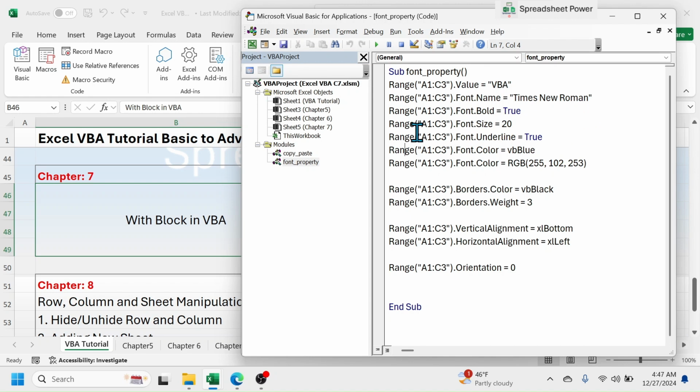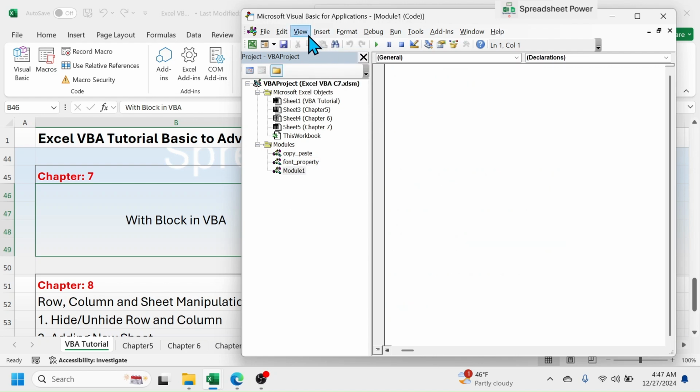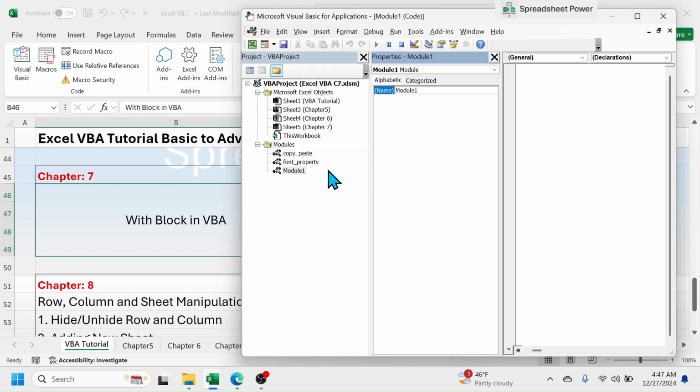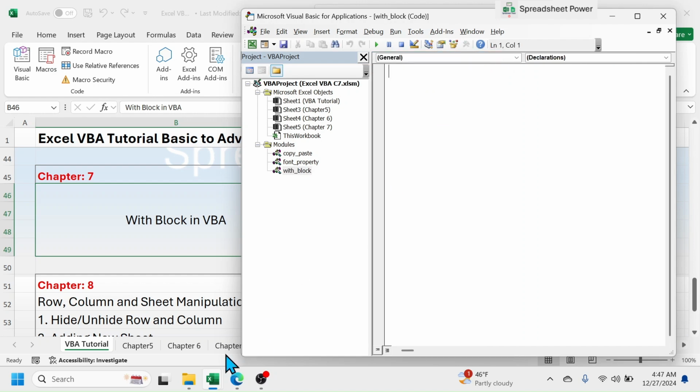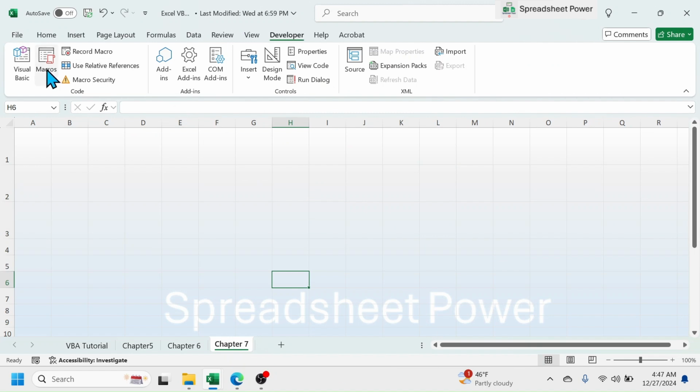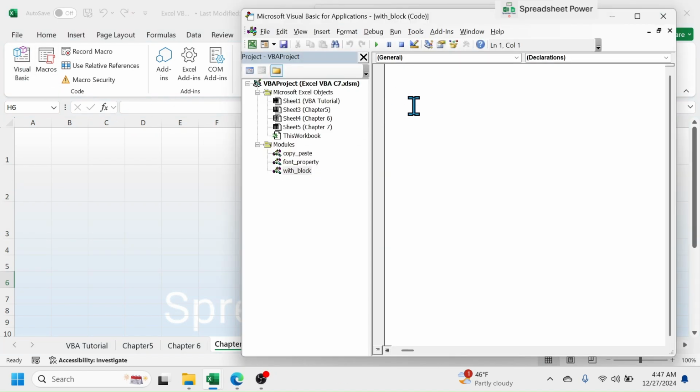For this, let me create a new module by going to Insert, Module, click on the View tab, Properties window. Let's change the module name to with_block. Close this Properties window, go to this chapter 7, go to VBA. Now here create a sub procedure, Sub with_block,